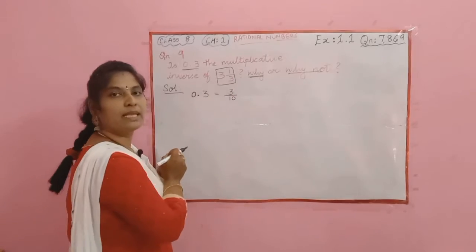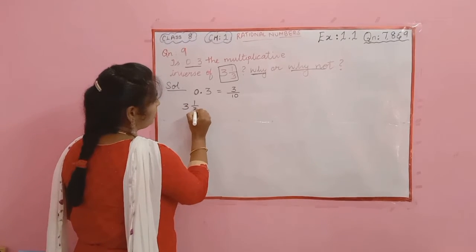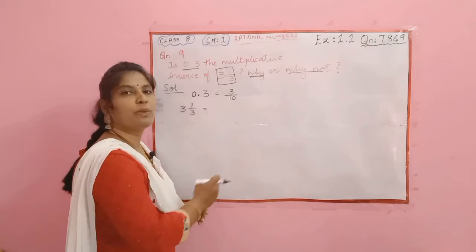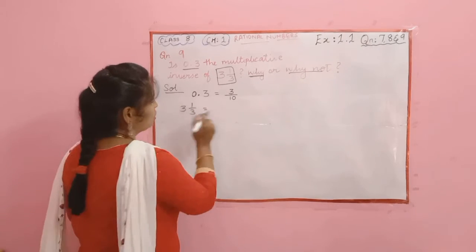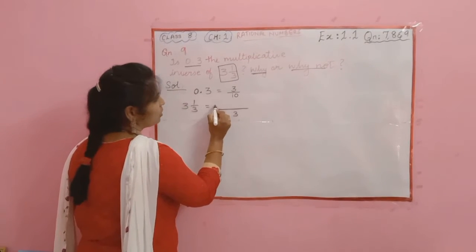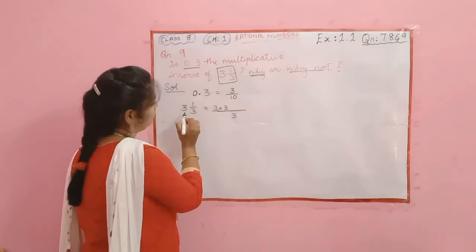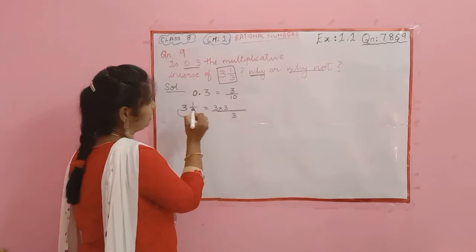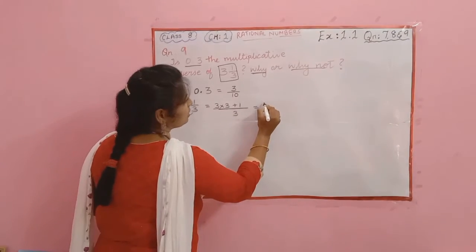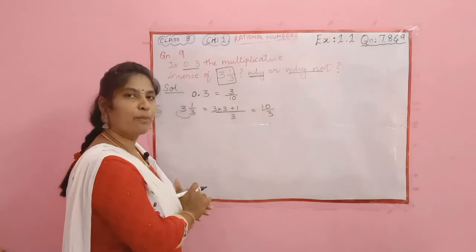Now the next one is a mixed fraction. Mixed fraction has to be converted again. So 3 1 by 3. As I said, it is in the form of quotient remainder by divisor. So mixed fraction has to be converted into improper fraction. Here the denominator will remain the same, that is 3. Next, multiply: divisor multiplied by the quotient. Quotient is this 3. So 3 multiplied by 3, plus the numerator 1. So 3 3s are 9 plus 1, it is 10 by 3. So I have converted it into an improper fraction.